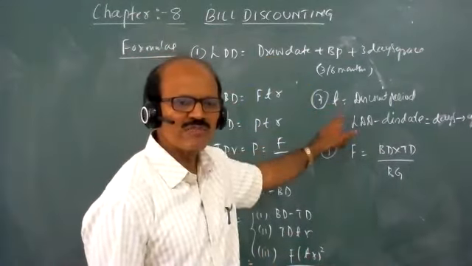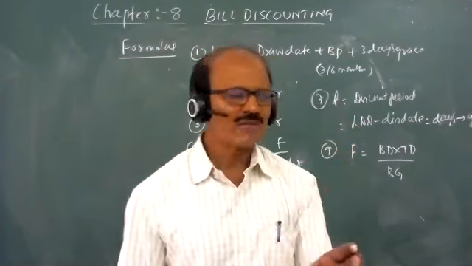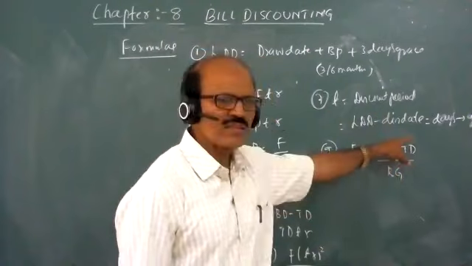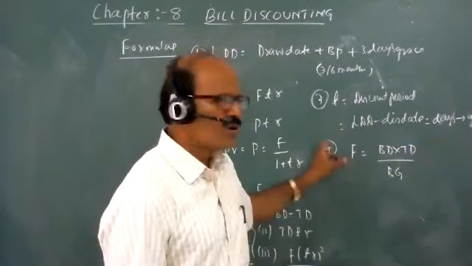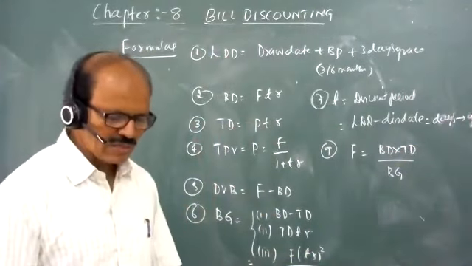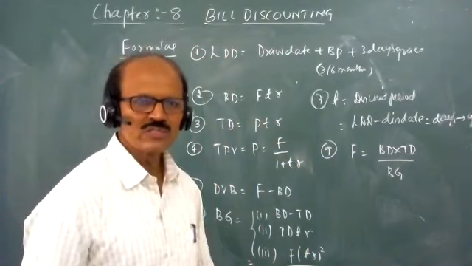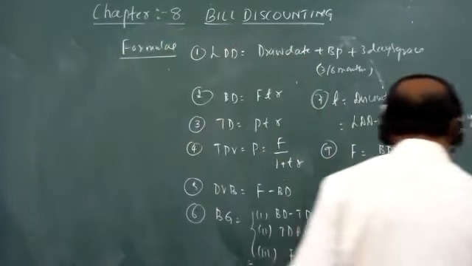What is T here? The difference between the due date and the discounted date. We calculate it in terms of days, making it years later. Right? Now, these are the list of formulas. If you know all the formulas very clearly, I will take 2 or 3 examples. Okay. Right now, the first